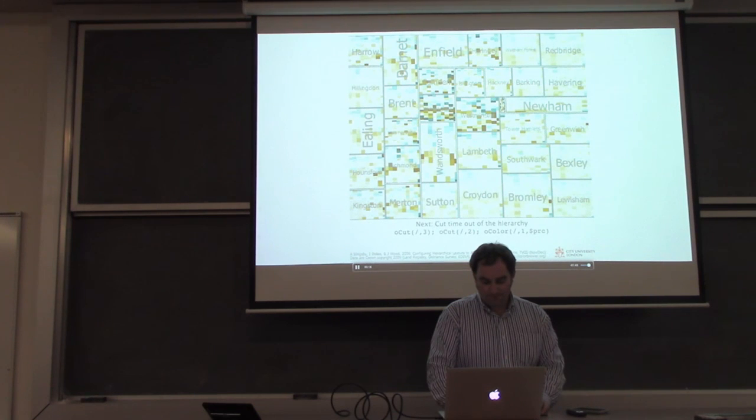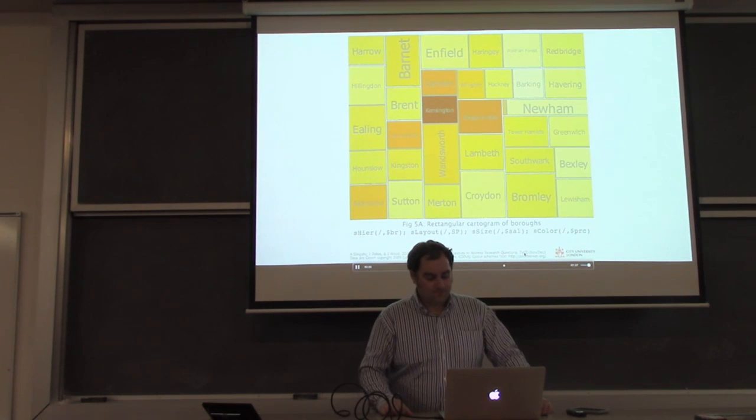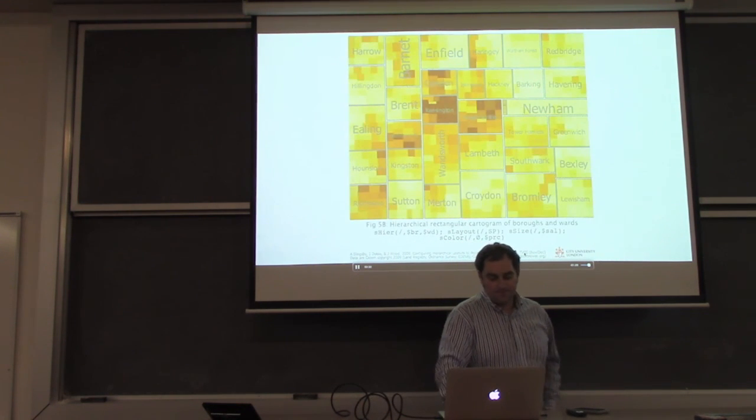We will now consider different granularities of space, starting with boroughs. This is a rectangular cartogram of boroughs sized by the number of sales and coloured by the average price. We now add London Ward to the hierarchy to study patterns at different spatial granularities. Here we see that some boroughs have large spatial variation in price within them,